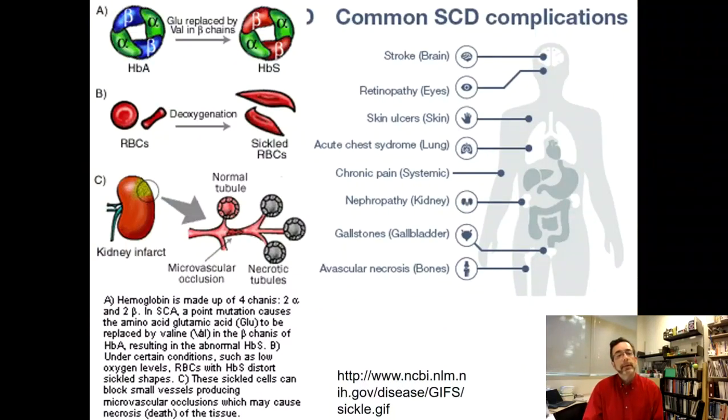Kidney infarcts are often what's going to happen because the kidneys filter the blood. They have a lot of capillaries, and a lot of things that can be blocked, and therefore can enter into necrosis. But because this is a blood thing and the blood goes everywhere, you can have strokes in the brain because of this. You can have problems in the eyes. You can have problems all over, and that's why you can have the pain all over.